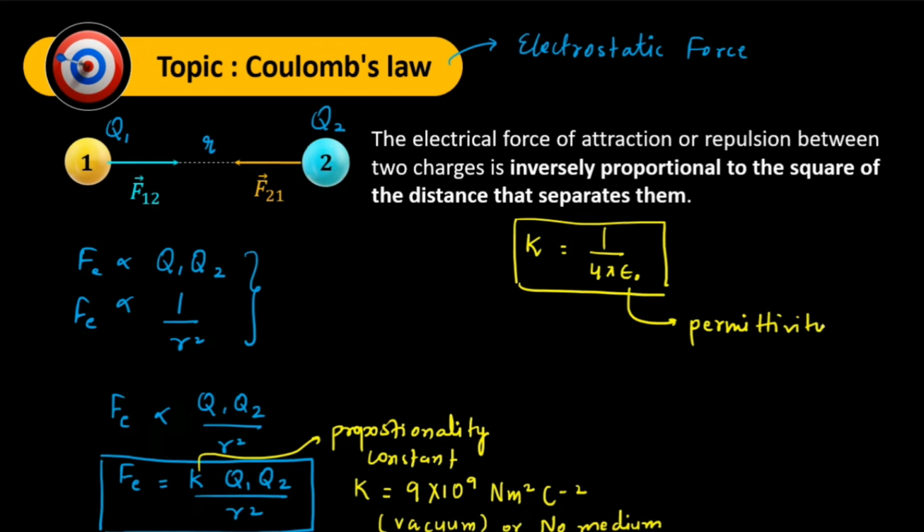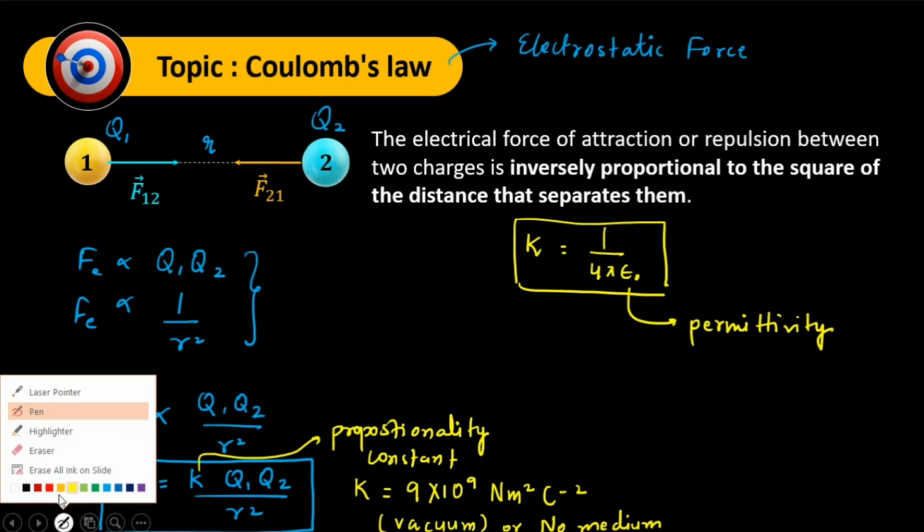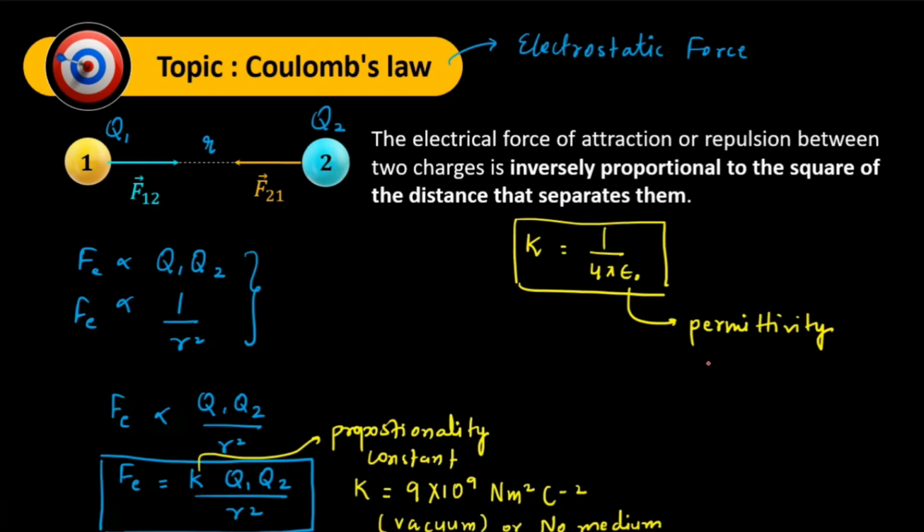This epsilon naught is something we call permittivity. Now, what is this permittivity? Permittivity is a factor which defines the property of a medium. For example, if we have kept these two charges in air, air is a factor which affects this force, and by what factor it is going to affect the force is represented by permittivity, or epsilon naught. For vacuum, epsilon naught has a fixed value of 8.85 times 10 to the power